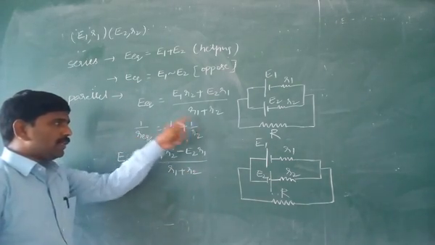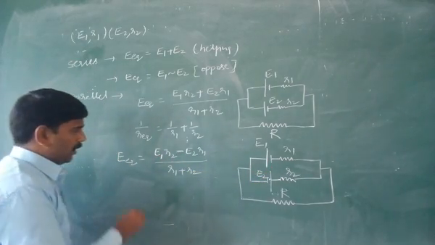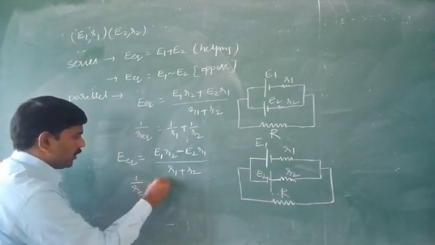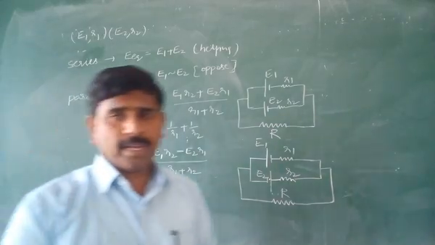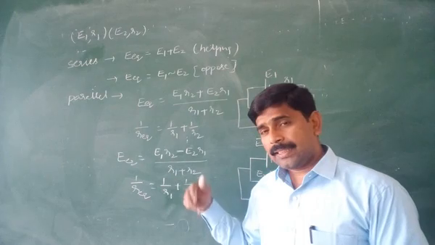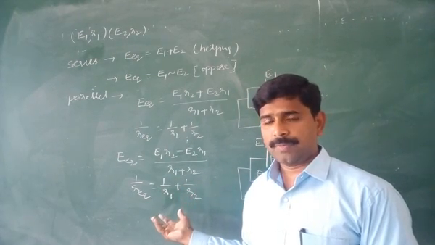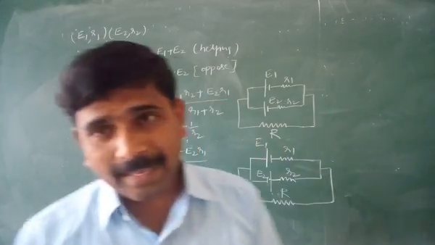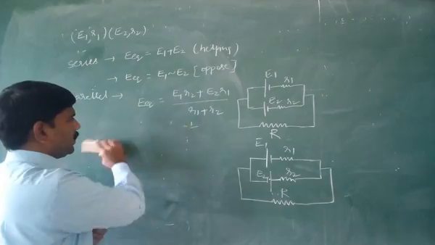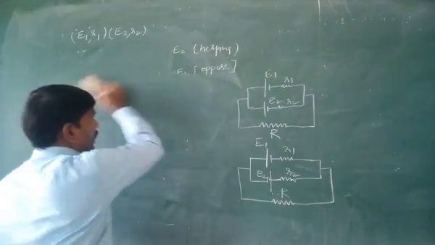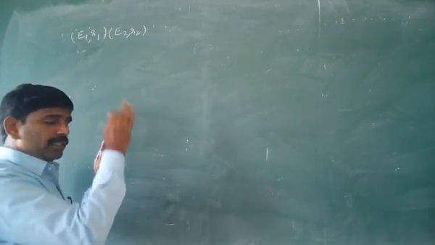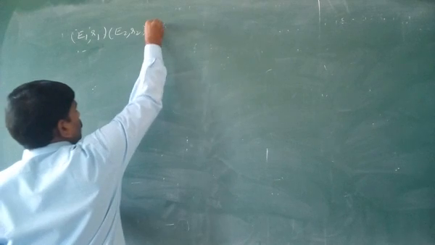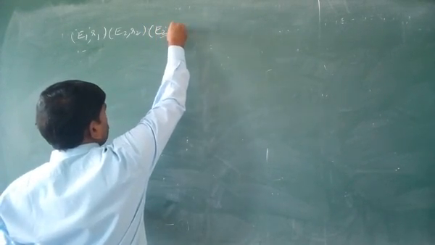At the same time, what about the equivalent internal resistance in case of the parallel combination? 1 by R equivalent is equal to 1 by R1 plus 1 by R2. In case you are taking 3 cells, then what is the equivalent EMF? In case of the parallel combination, if we take 3 cells having EMFs E1, E2, E3 and internal resistances R1, R2 and R3, then what is the equivalent internal resistance? All the positive terminals are connected at one point and all the negatives at another point. Here this is E3 with internal resistance R3.